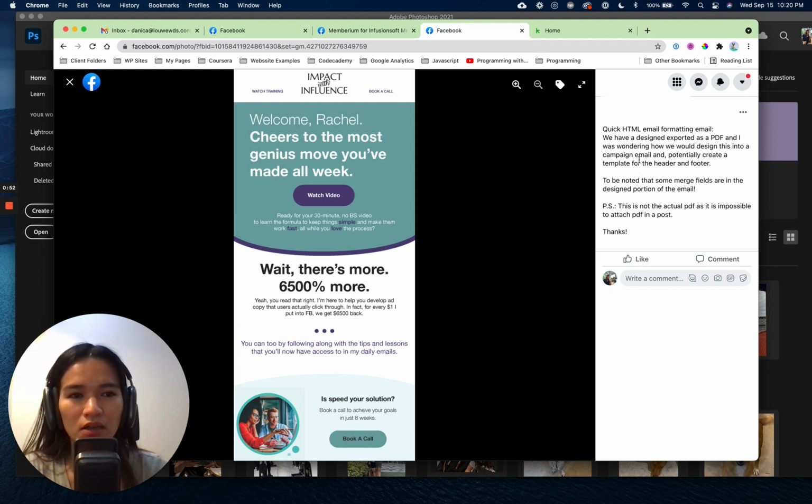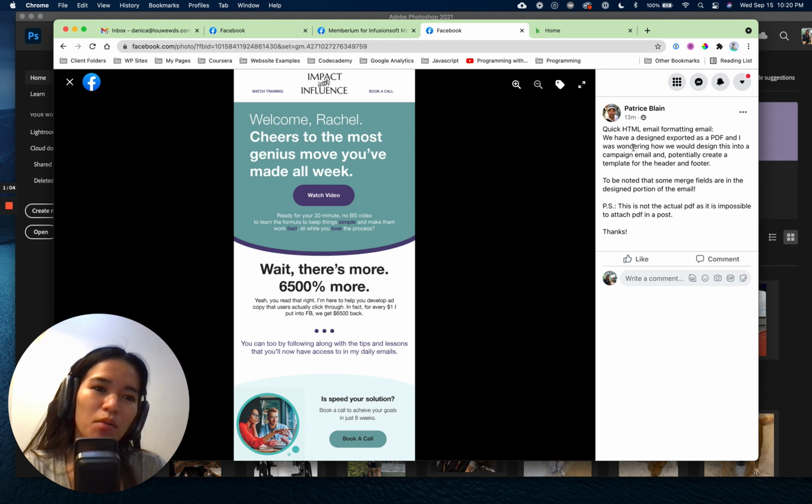So it says here, quick HTML email formatting: we have designed an email, exported as a PDF, and I was wondering how we would design this into a campaign email, and potentially create a template for the header and footer. To be noted that some merge fields are in the design portions of the emails. Okay,